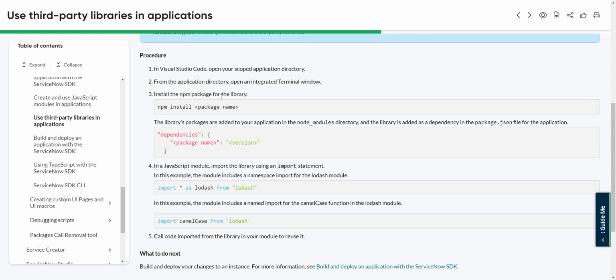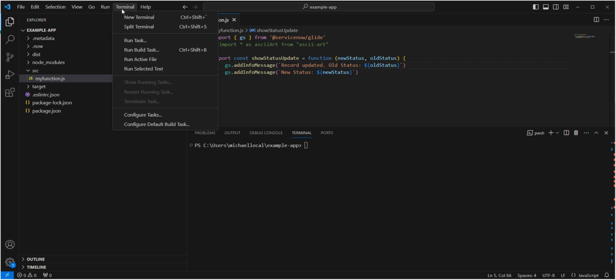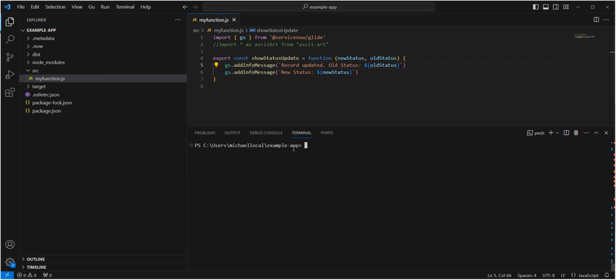And then install the npm package for the library, using this command, npm space install. So let's fire this up here. I have my terminal window already fired up. You can do that in VS Code over here with new terminal. And so we're going to go npm space